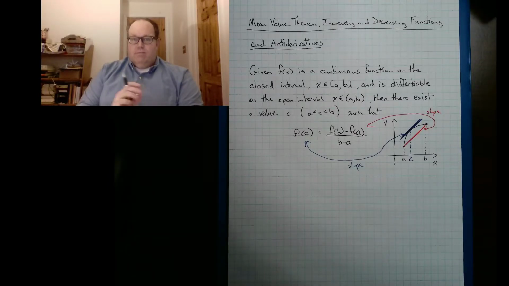Now, what the mean value theorem says is that you had to have been traveling exactly 100 kilometers per hour somewhere in your travel. Not that you were traveling 100 kilometers per hour all the time, but that at least one point in that travel you had to be going 100 kilometers per hour. That is effectively your mean value theorem for derivatives.